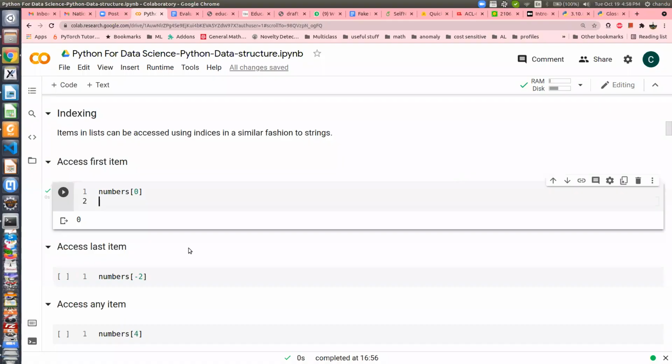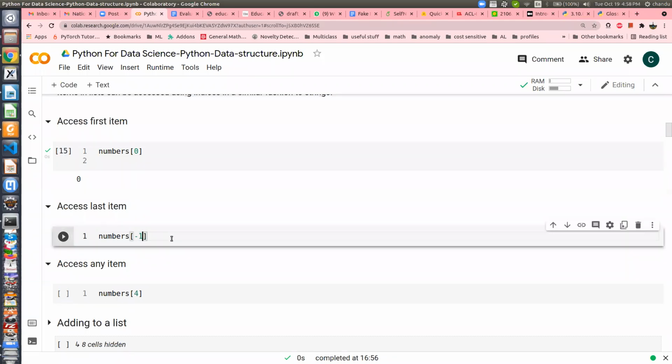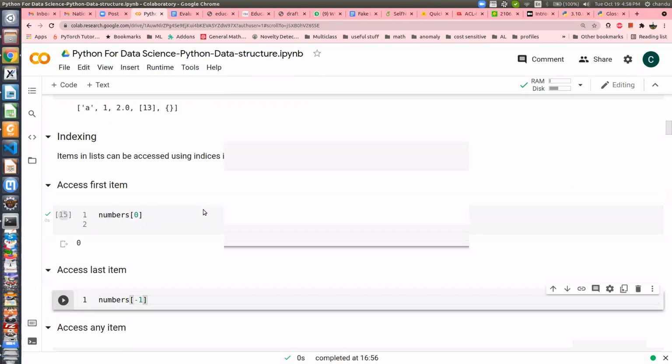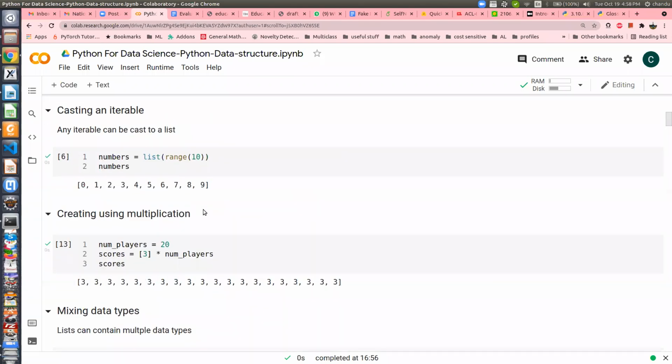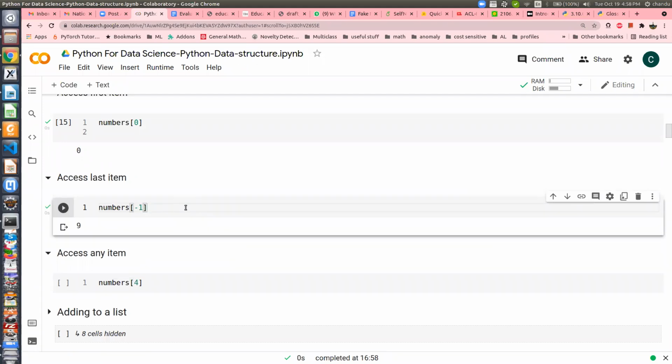Okay. So, accessing the last item: what were our numbers? I don't remember my number. The number list was something like 0 to 9. So that's our number list. If I access numbers[-1], it will return the last item.